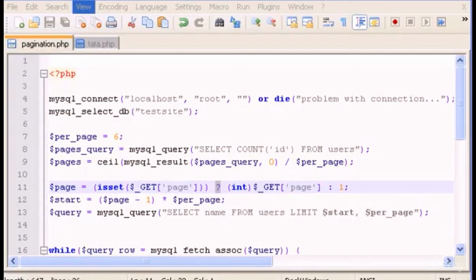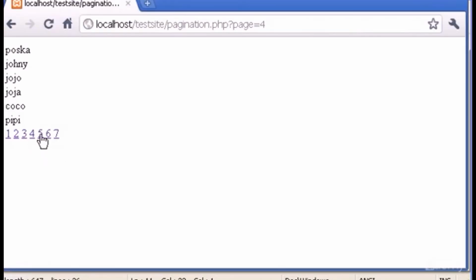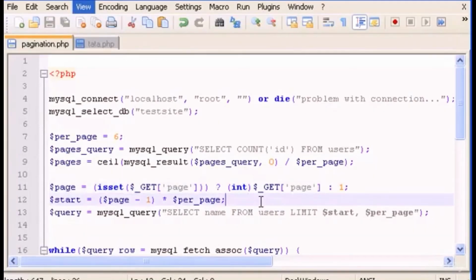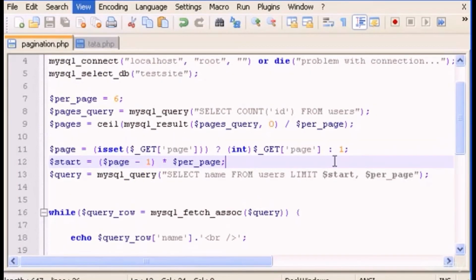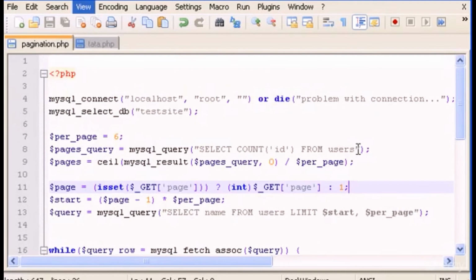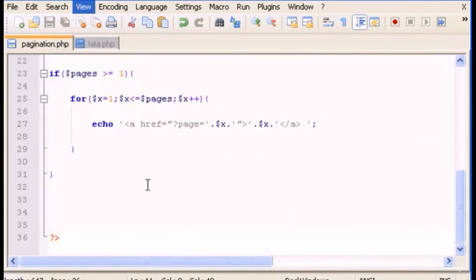Hello guys, and welcome to part 3 of pagination, and in this part I'm going to show you how to make the links in bold whenever we click them, okay? And I'm also going to show you how to make a next and a previous button in here. So let's go, and to start doing those bold numbers, I'm going to use this technique that we used in here to make an if statement or a short if statement. And to do that,